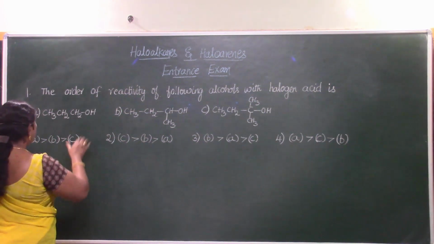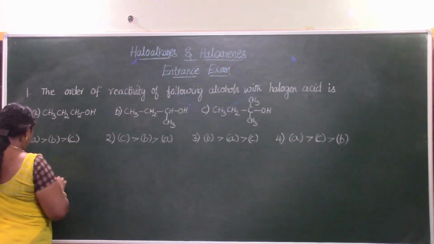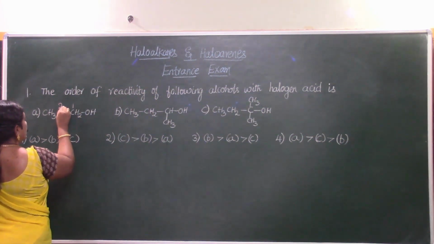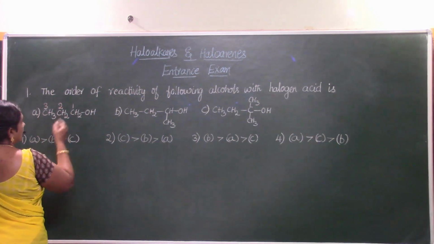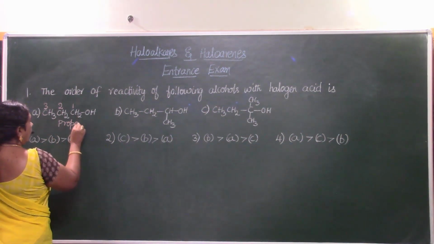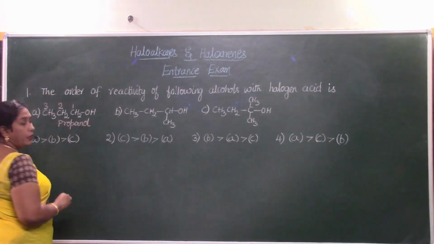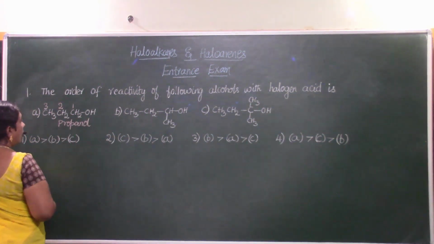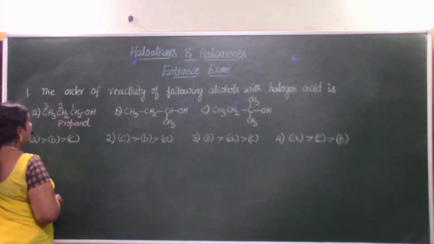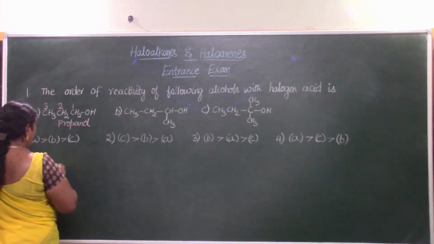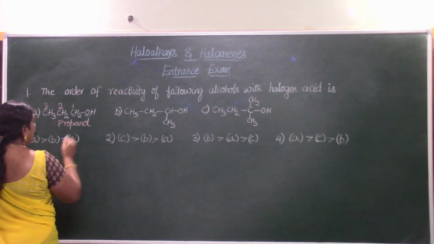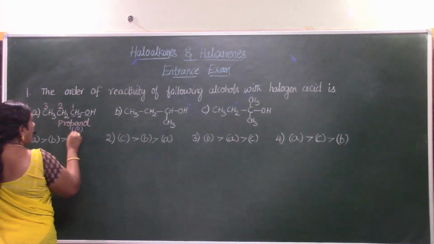answering part. So here we are having 3 carbon atoms saturated and OH is attached to this carbon. So therefore first carbon atom, so this is called propanol. Propanol or propyl alcohol. Propanol, IUPAC name, propyl alcohol is N-propyl alcohol is its trivial nomenclature. Now what type of alcohol is this? As you can see, the OH is attached to the primary carbon atom. Therefore it is a primary alcohol.